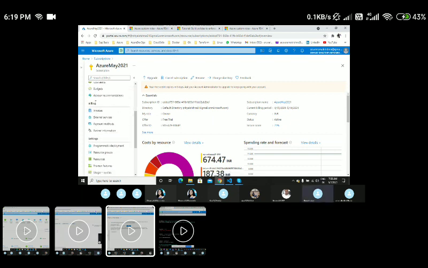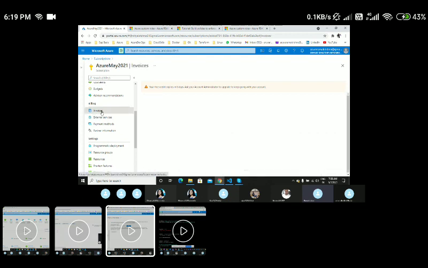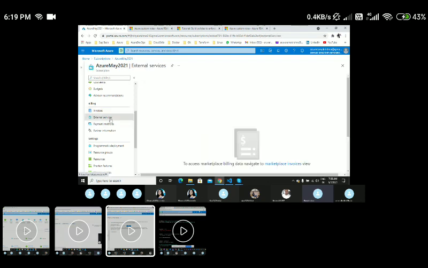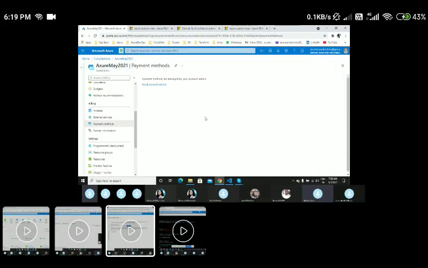So under billing, if you see, I can also generate the billing information, complete invoices of any specific subscription. From here I can download them, and I can get invoices by email also. And if you see the external services, at this moment I am not using any external services for generating an invoice. And if you go to the payment method, here you will be able to see what type of credit card or debit card you have used for creating this particular account.